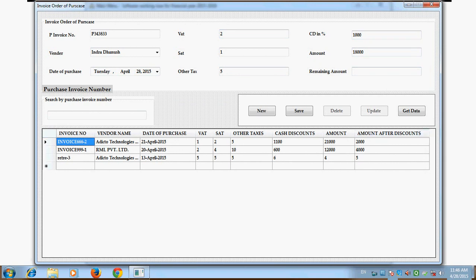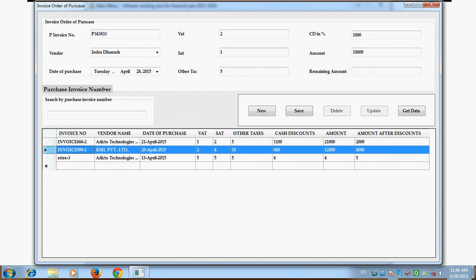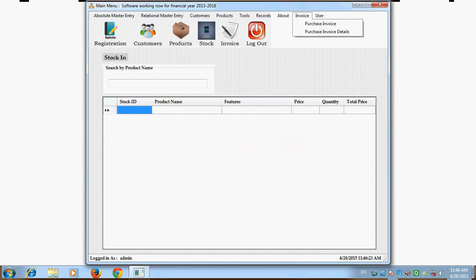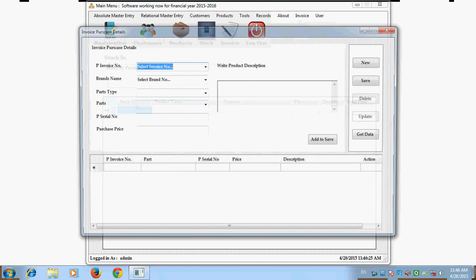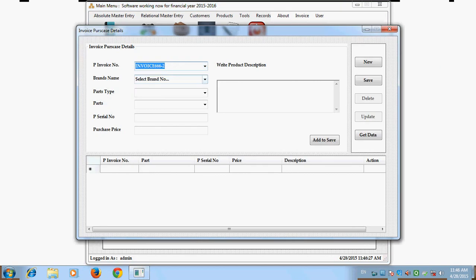So these are some existing invoice bills, you can see here. And the purchase invoice detail contains the information about the items which were in that particular invoice. So we can add